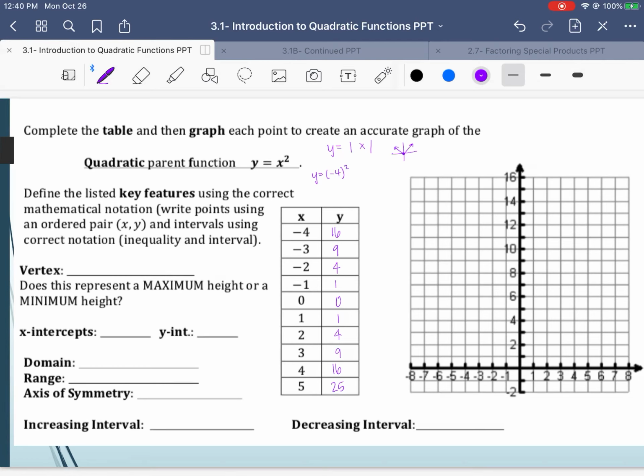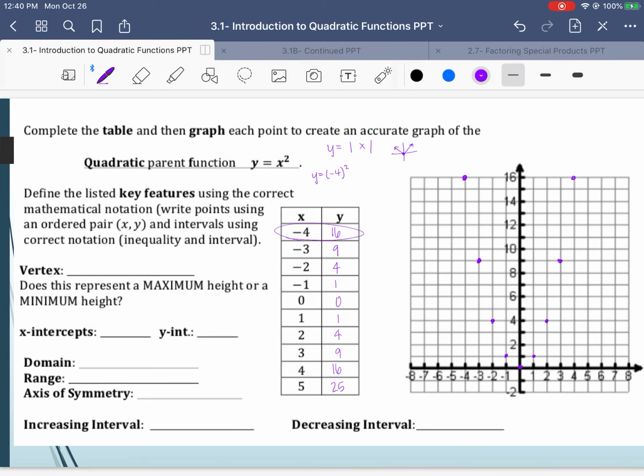So if we come over here and plot these points, every value here represents an ordered pair on the graph. I would go -4 up 16, and that would be a point on my function. -3 up 9, again a point on the function. -2 up 4, a point on the function. And we can just plot these points, and then notice if we keep plotting them, it creates two symmetric